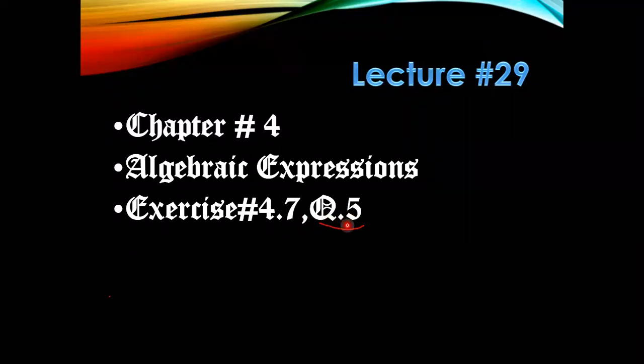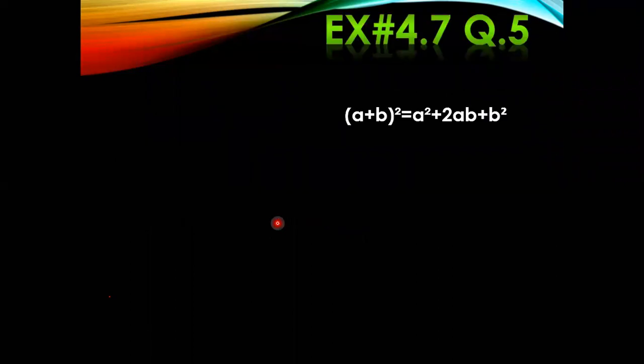As you know, I have already posted your monthly test syllabus in the Google Classroom. There you have question number 1 till 4 for the monthly test, as well as exercises 1.1 and 1.2, and you also have to prepare page number 1 till 9 from chapter sets. Each and every page, each and every property, each and every definition you have to prepare for the monthly test, as well as exercise number 2.5. These were the topics for the second monthly test, and today we are going to start question number 5 from exercise 4.7, and after that your exercise will be completed. So let's start from question number 5.